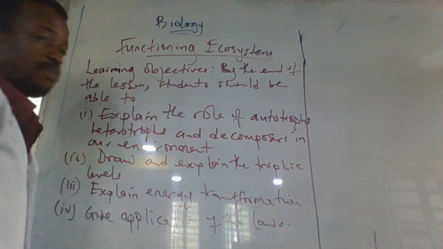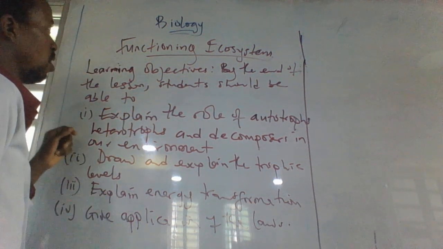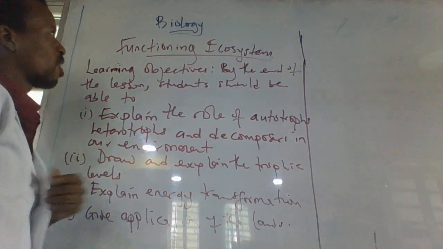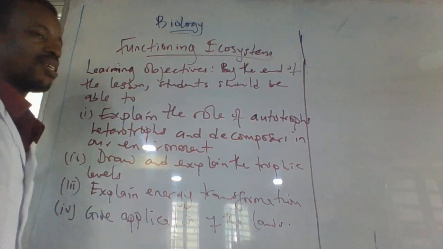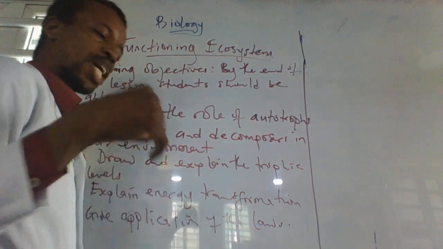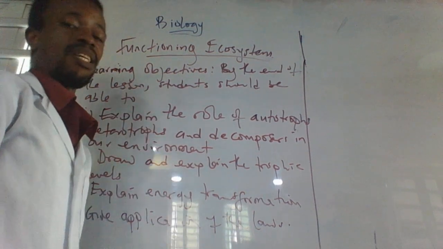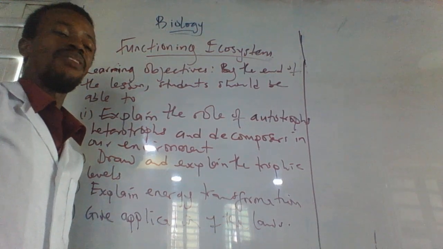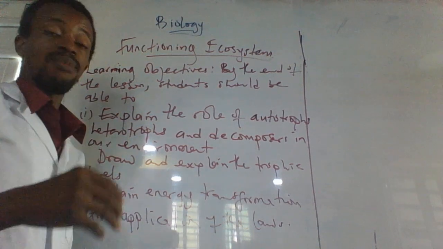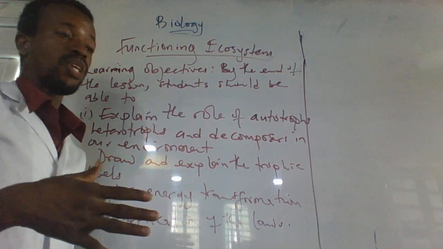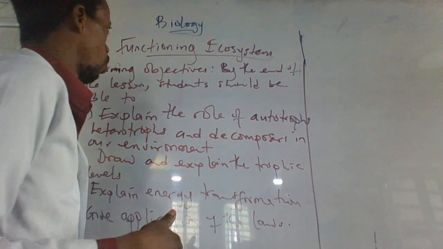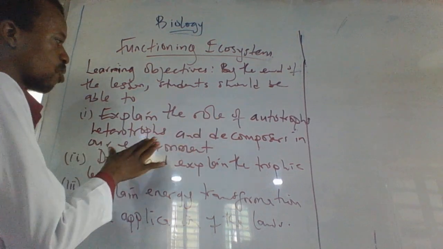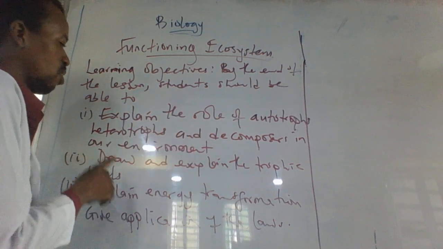Hello students, we're talking about the functioning ecosystem, the functioning ecosystem that is functioning and exploited. As we know, an ecosystem has to do with the interaction or relationship between living organisms and the environment. So here we'll be considering the role of autotrophs, heterotrophs, and decomposers in our environment,